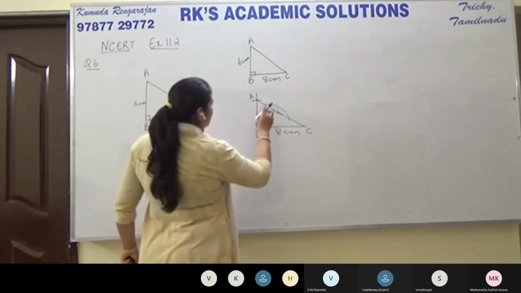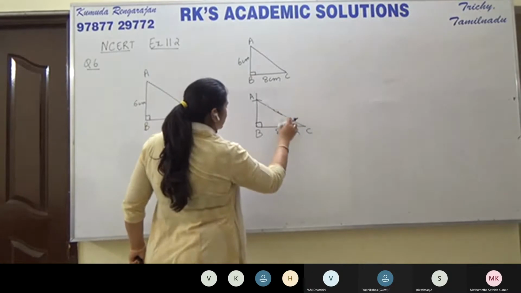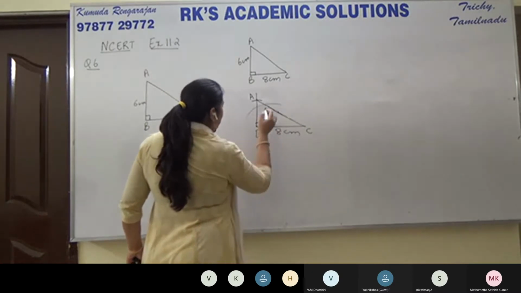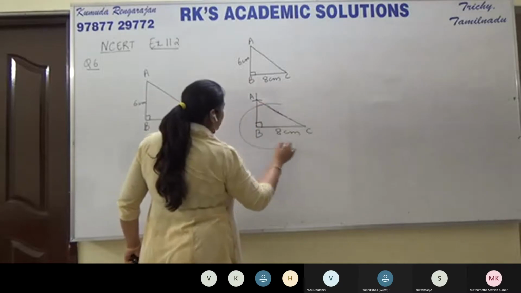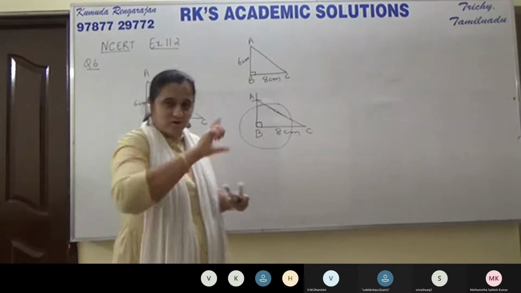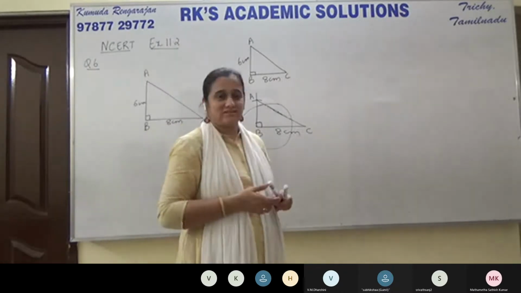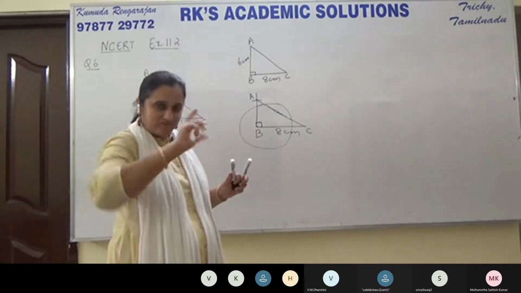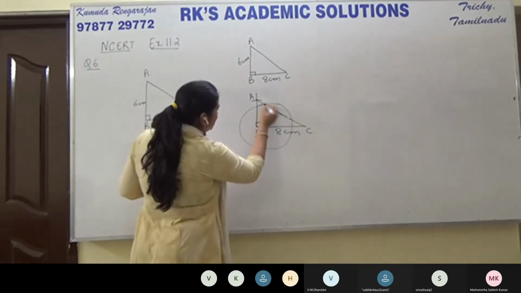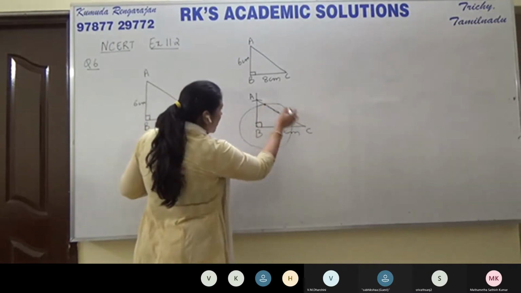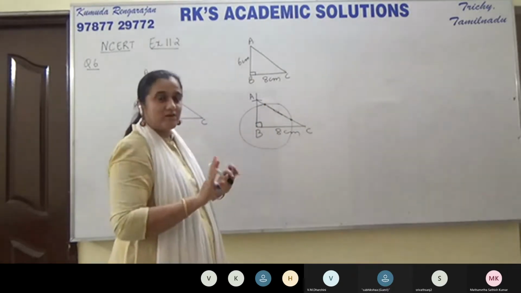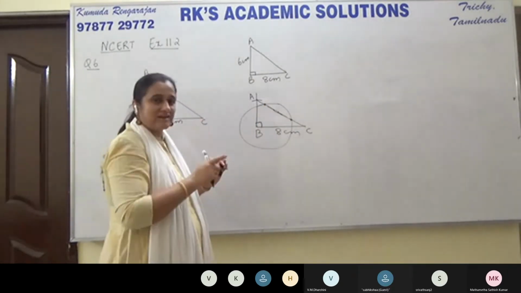So now, children, I will complete the circle. You don't do this. You have something in your book, don't disturb that. If you complete that arc, it's actually a circle. We have not completed it. We have just taken a part of the circle, which is the arc. Now this piece is a chord of the circle, correct? We have not shown the circle fully. We have just taken an arc.